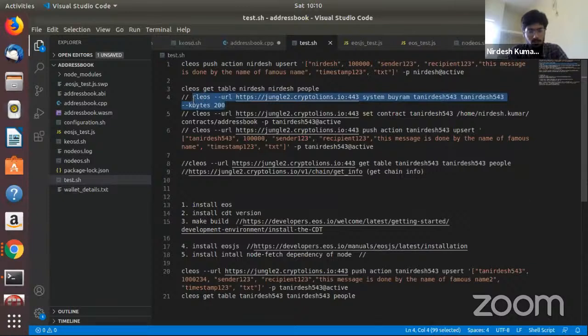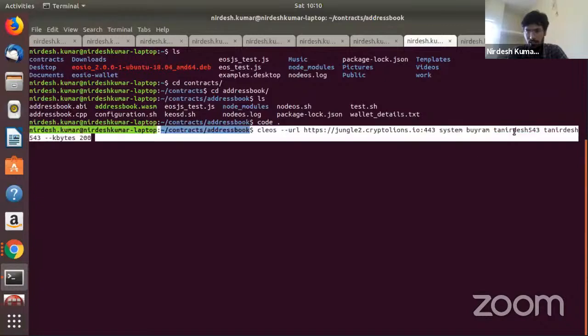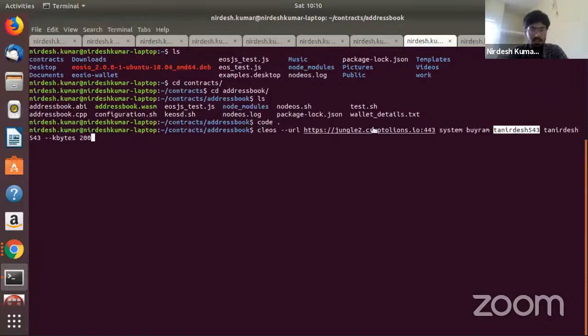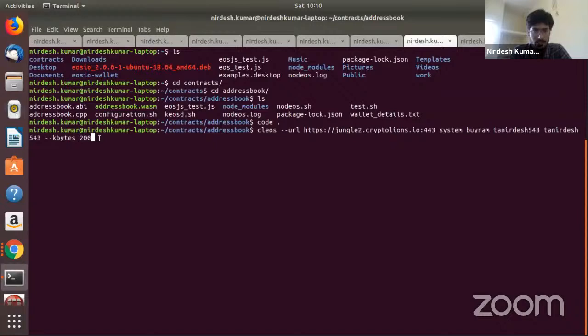So I will buy RAM in this. So CLS, I go to the terminal. This CLS means a command line interface of Node.js, right? If I run it on my local, then I will not mention the server name, right? Buy RAM, this is my account that I have created, right? The next is the receiver account. Bytes means 200 KB, kilobytes. 200 kilobytes of RAM I want to buy for myself, right? So